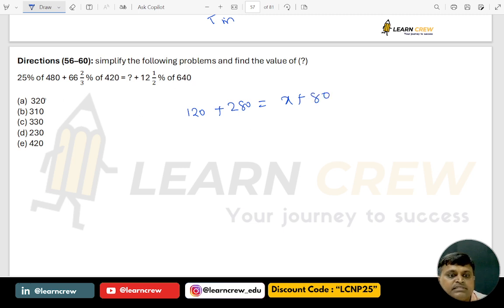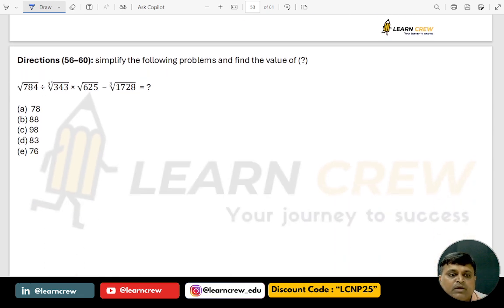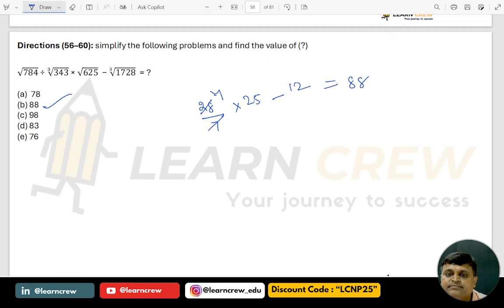So answer is 320. Next, square root of 784 is 28, divided by cube root of 343 is 7, into 25, minus cube root of 728 is 12. So 7 4s are 28, 100 minus 12, 88. So answer is 88. Next,